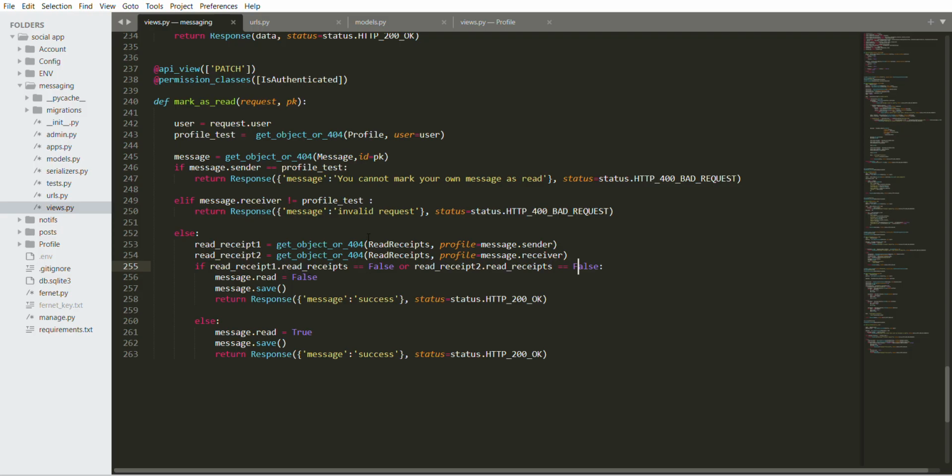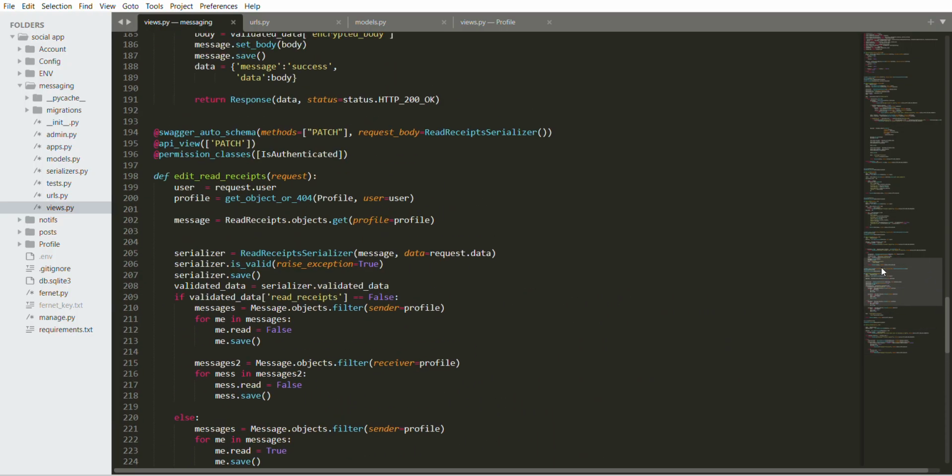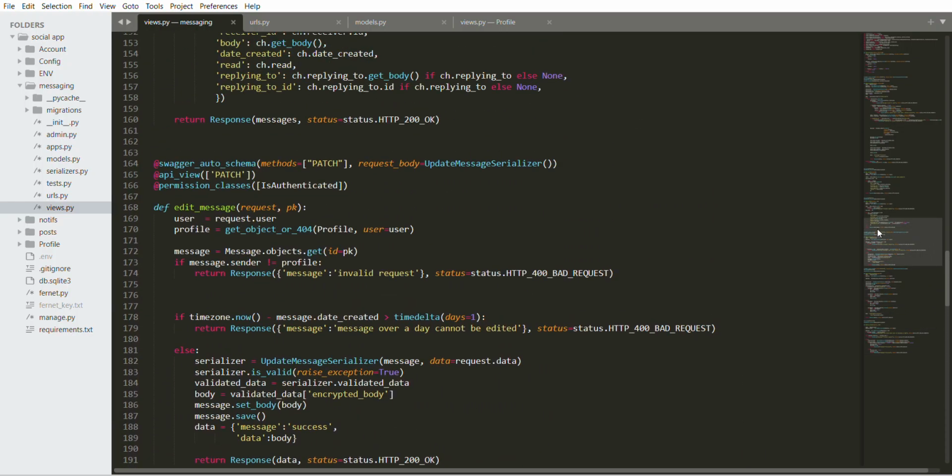If this is true and this is false, it will still come here and mark message.read as false. But if this is true and this is also true, then it will ignore this place, come to this else block, mark message.read equals true, save it and return response message success. So basically that is the newly added functionality in our messaging system.